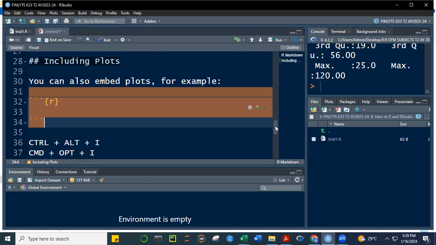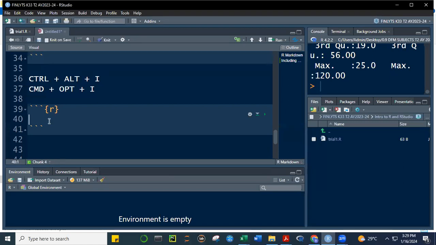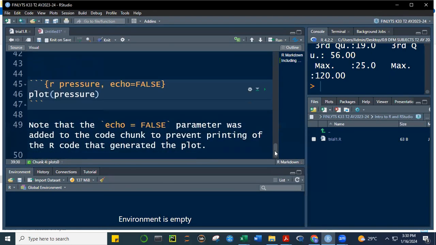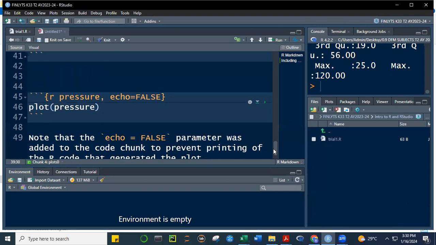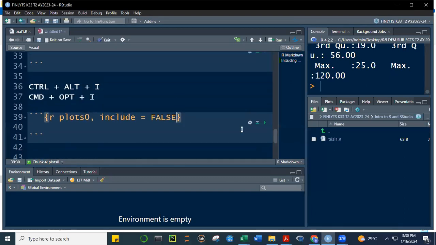All right. And so let's write this R. Let's put it here. Plus 0. Okay. And then include is equal to, you can either type F or false. Okay, include is equal to false. And then let's maybe,